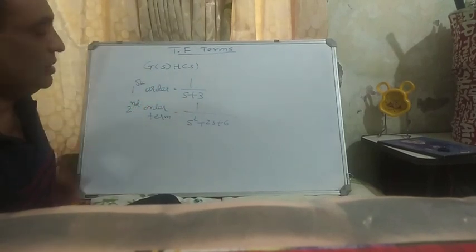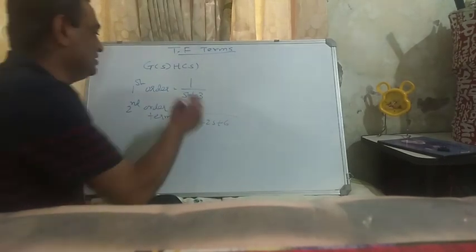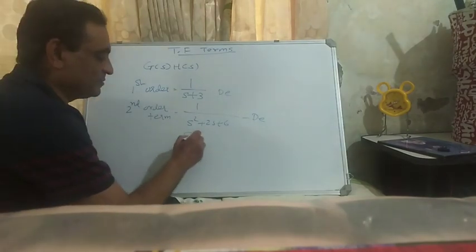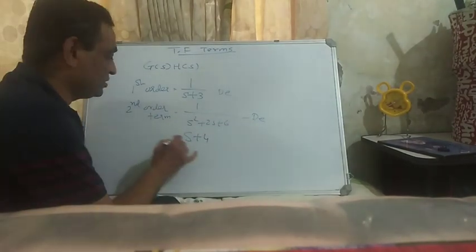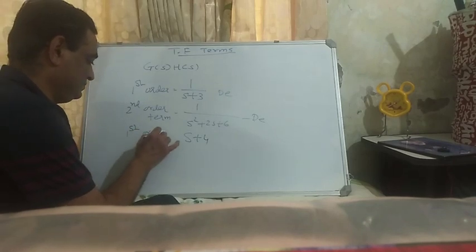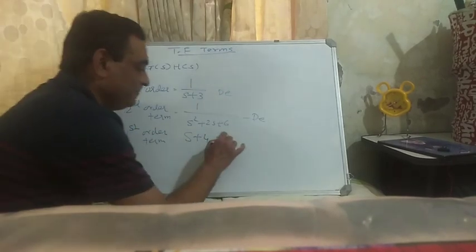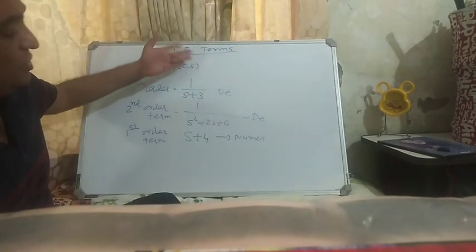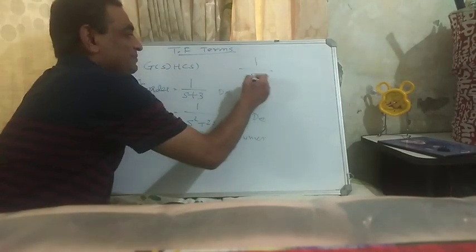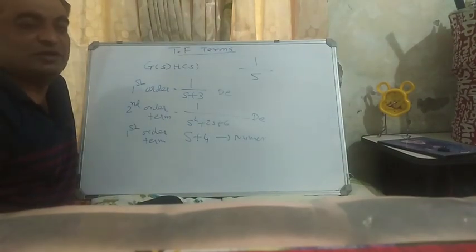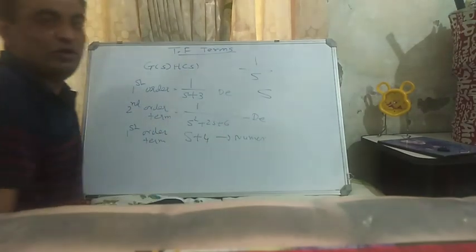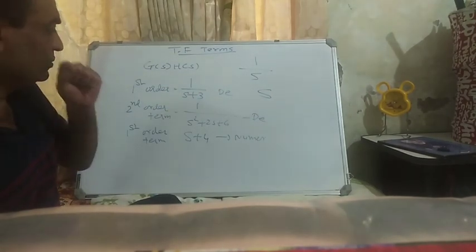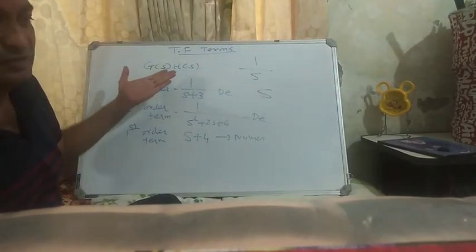It can have the first order term in the numerator. This is a first order term in the denominator. It can also have a first order term in the numerator, let's say s plus 4. Similarly, the second order term can also be in the numerator. It can have a pole at origin, 1 by s. This is also a term. It can have a zero at origin on the numerator side. So these are the different terms involved in open loop transfer functions.